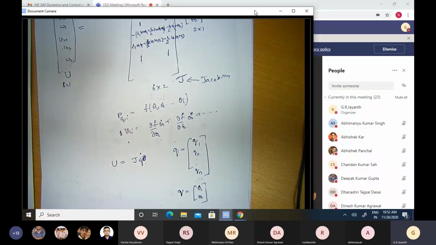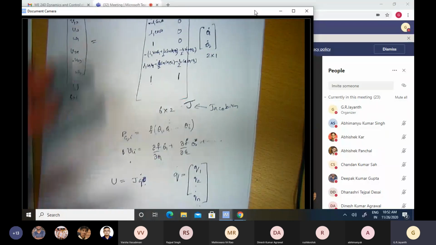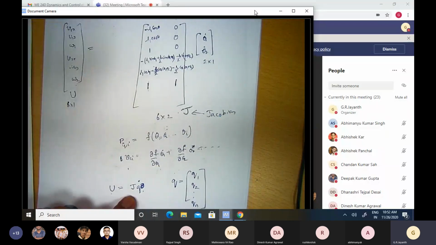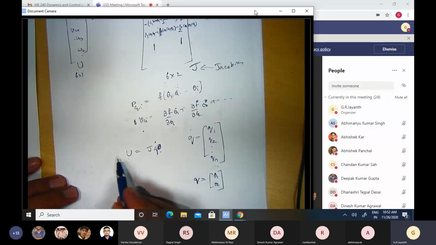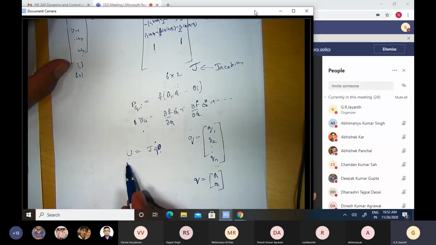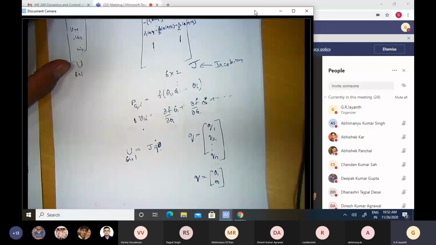I'm hoping that the concrete example that I took of the 2R manipulator was convincing enough for you to imagine how the structure would be for the J matrix. Okay, what is the dimension of the J matrix, by the way? See, what is the size of this U vector? As I discussed, it is 6n by 1. It's a huge, tall column vector.